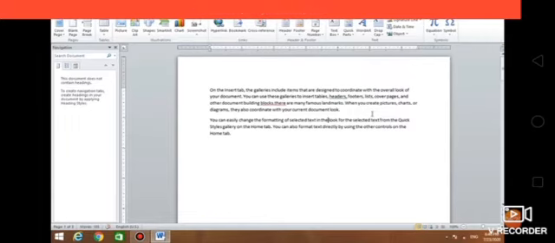Deleting a word. Place the cursor to the right of the word to delete and press Control plus Backspace. We can delete the complete word.